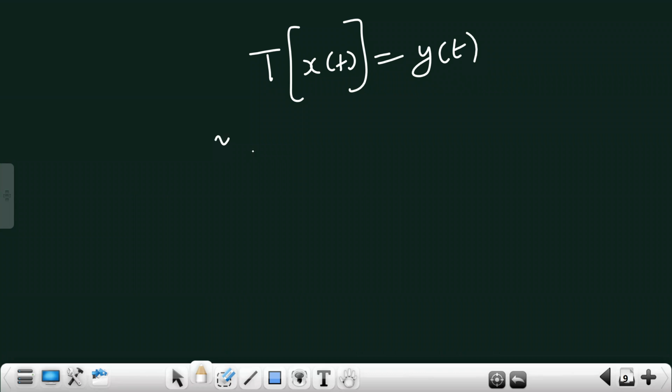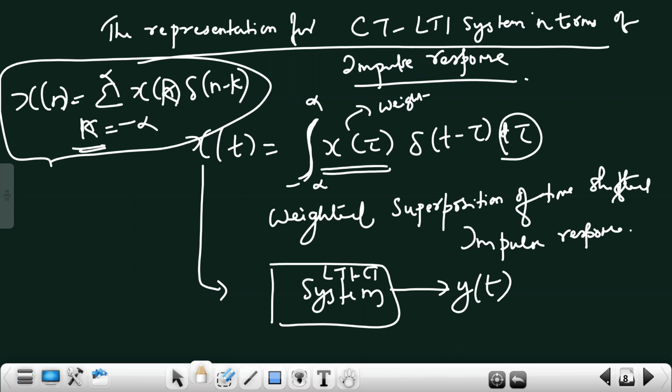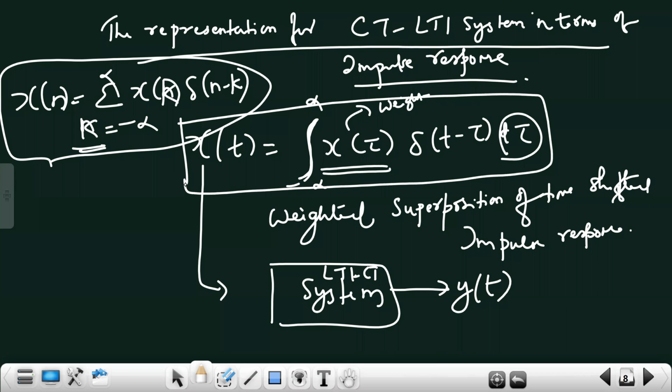Now, how can this transformation be represented, or how can this x of t be represented? From the previous equation, x of t can be represented as weighted superposition. It is not weighted sum. If you write weighted sum, it is wrong. Weighted sum is applicable for which system? Weighted sum is applicable for which kind of system? Linear system, discrete system. For a continuous time system, you need to